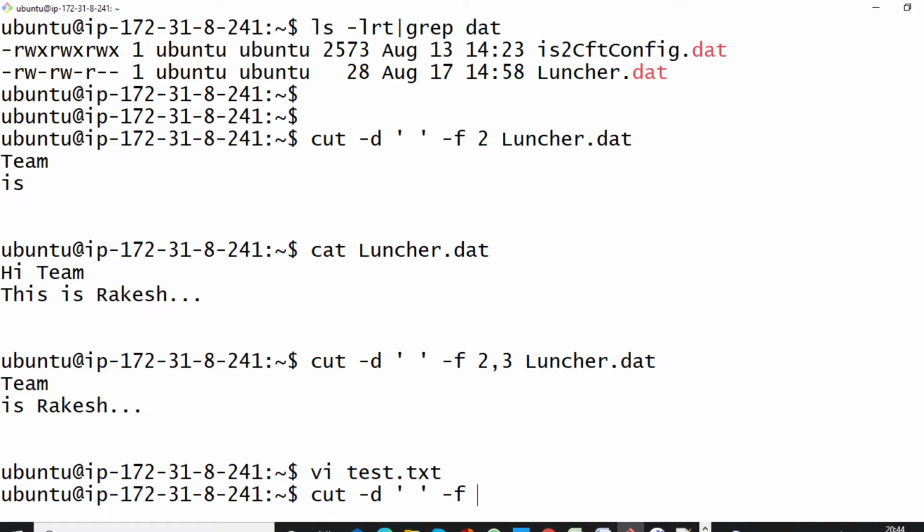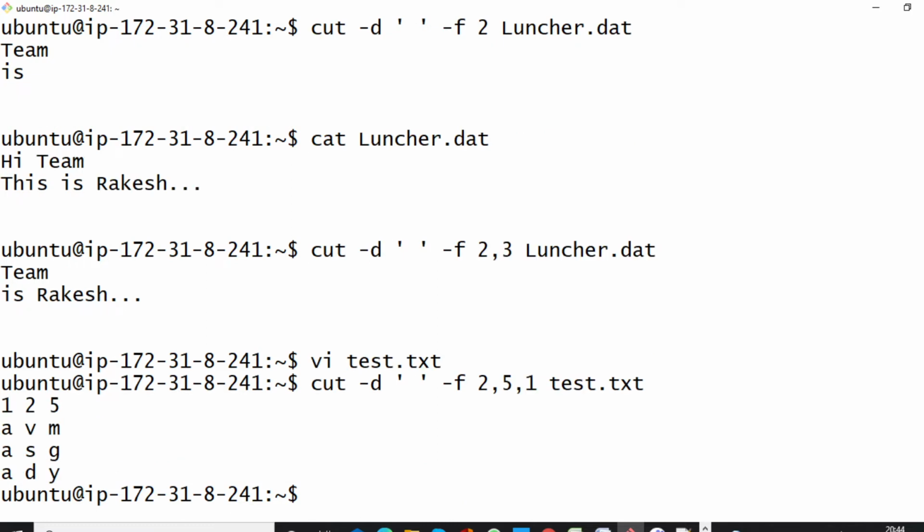Then which fields do you want to print? Suppose you want to print 2, then 5, then 1. After that you will have to put your file name.